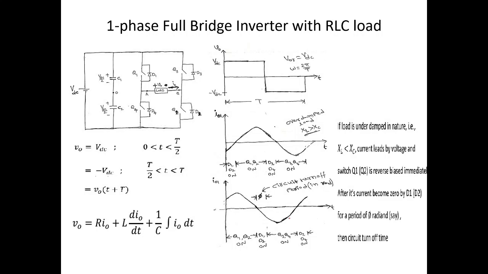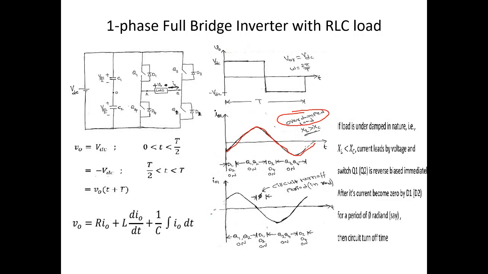Because the load will have the fundamental component along with the harmonics, the load current also varies with respect to each component. So it is quite difficult to analyze an RLC load, because we have resistance, inductance as well as capacitance. So for simplicity, I consider only the fundamental component. The fundamental component of current flowing through the load would lag the voltage by some angle in case the load is inductive in nature, that is, XL is greater than XC for the fundamental component. This corresponds to the overdamped case.